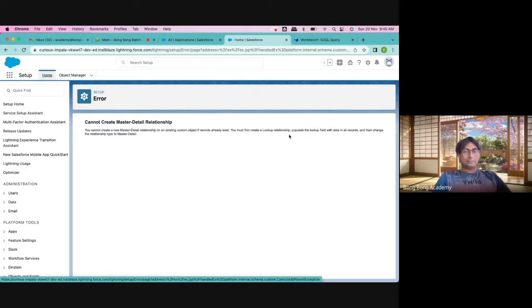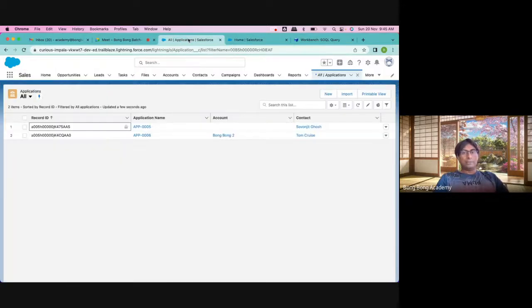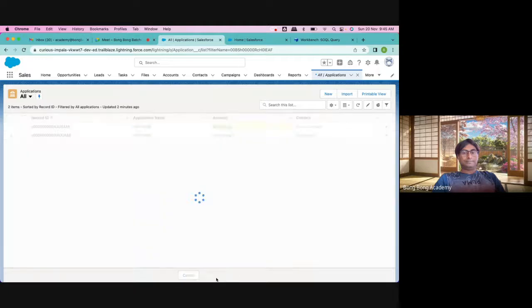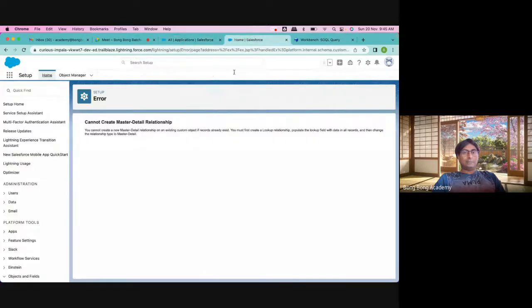See, there is an error. Why this error? Because there is one field value which does not have any record. So if I make it master detail, it has to have a value. So if I fill in the value here and try again,